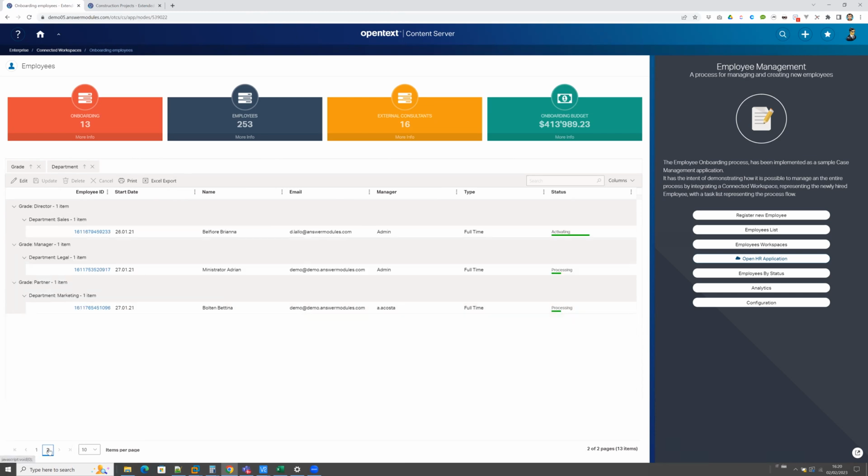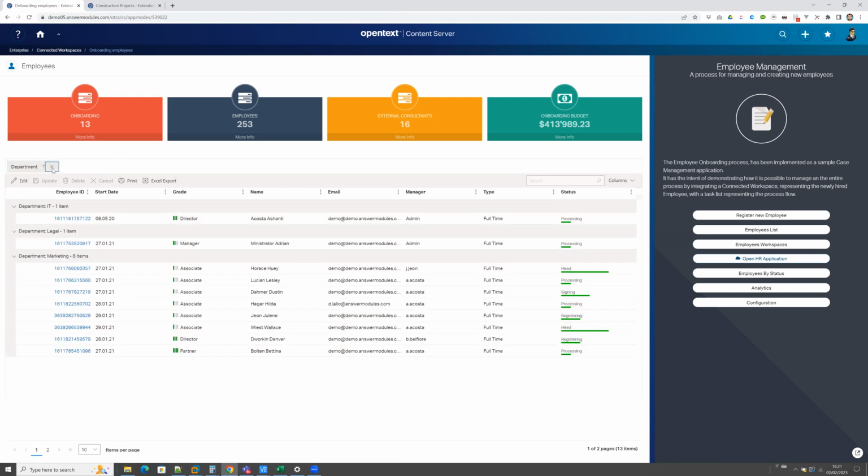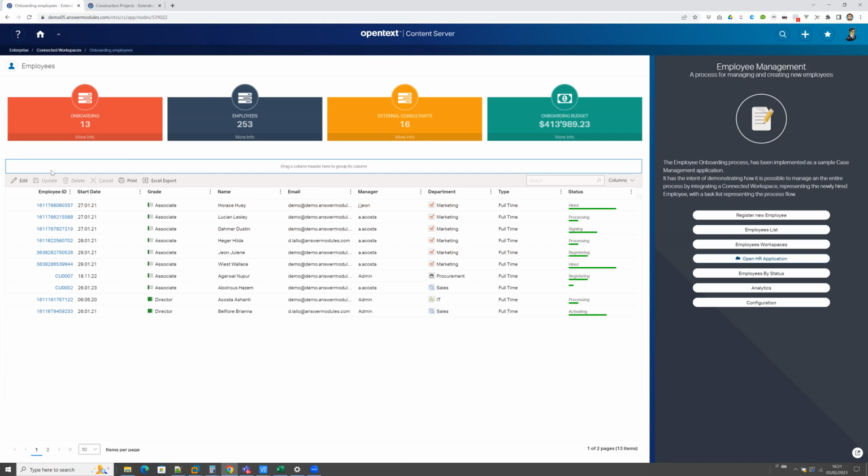The grid is obviously paginated and offers you, again, a lot of flexibility in terms of what you want to do. It is entirely based on, as I mentioned, an OData web service.